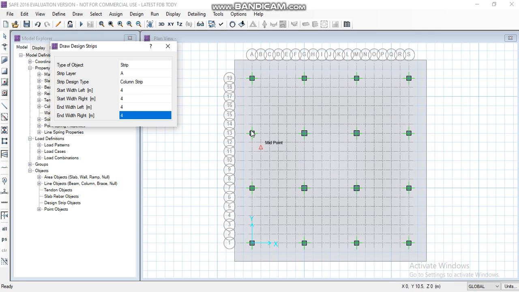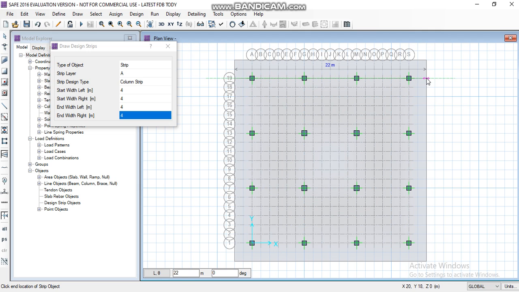Draw the 4 design strips in the X direction through these column centers. Here the strips are drawn from end to end. Double click here to remove the strip. In the same manner, draw for all the columns.